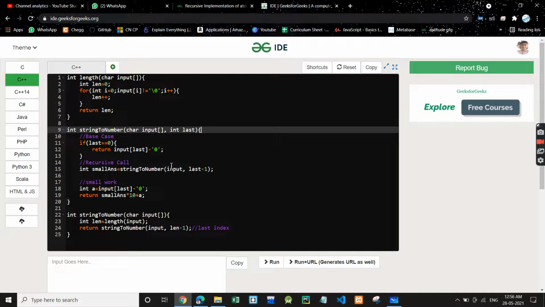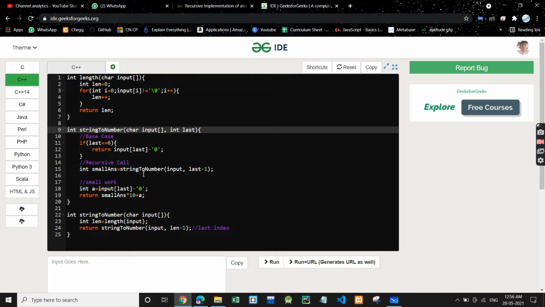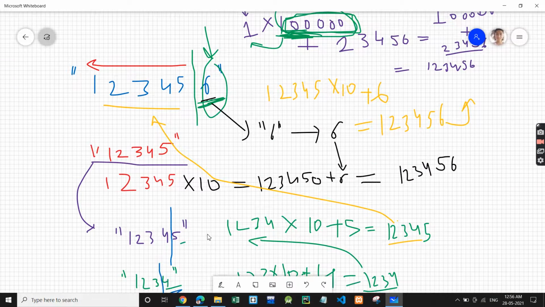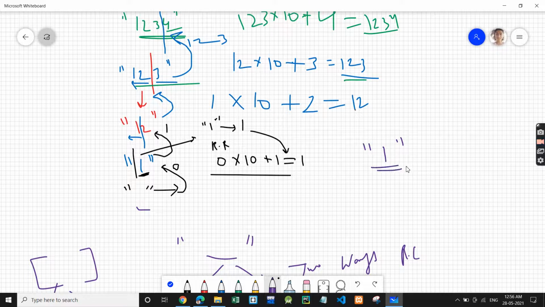So first of all, what will be the base case? When we reach the end of the string, we simply return. What we did was take the base case as the empty string. You can take that, or you can say that if only one element is left in the string, as over here with 1, you can simply return 1 from here.